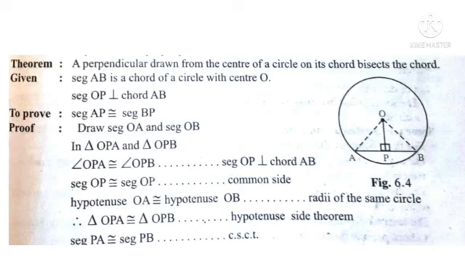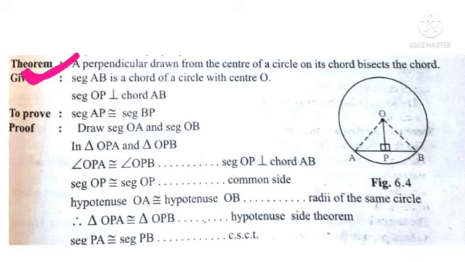Then which are the properties of circle? Now we see properties of circle. First property is a perpendicular drawn from the center of a circle on its chord bisect the chord. You had learned this property from 8th standard. Also you use this in 9th standard and 10th standard. So it is called a bridge course. Students, you remember all the things in maths, science, in any subject from 5th, 6th up to 10th. They are related from standard 5th.